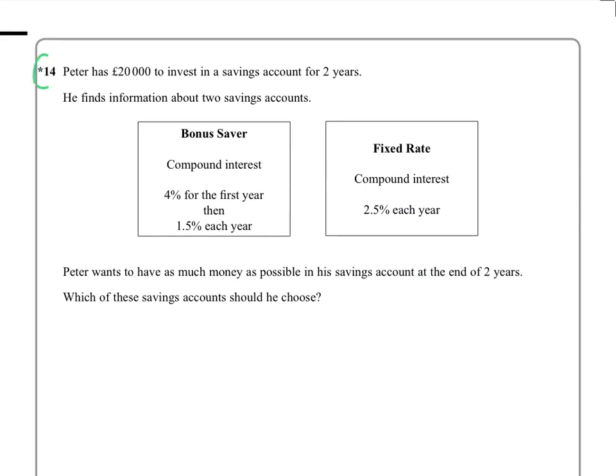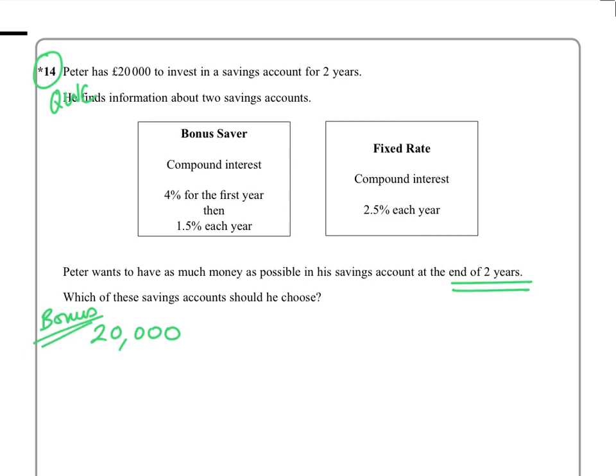Well, this question is quality of written communication, and Peter has £20,000 to invest in a savings account for 2 years. He finds information out about 2 savings accounts. So let's have a look. At the end of 2 years, well, if you put £20,000 into the, now this is the bonus here, the bonus saver,